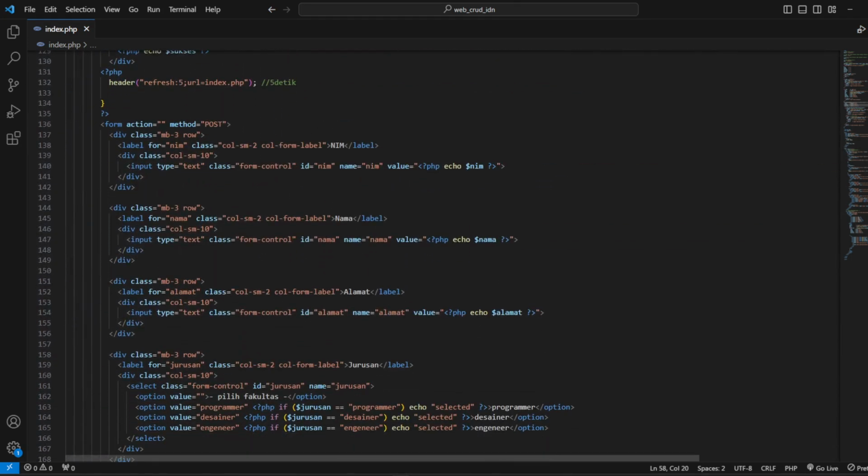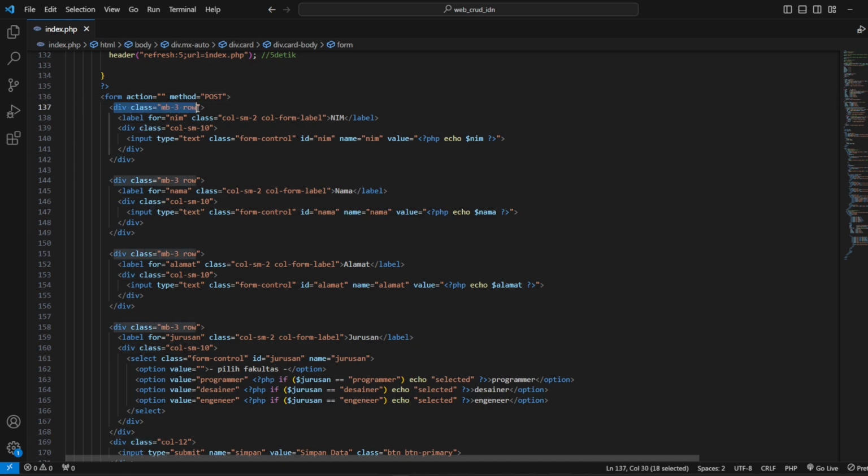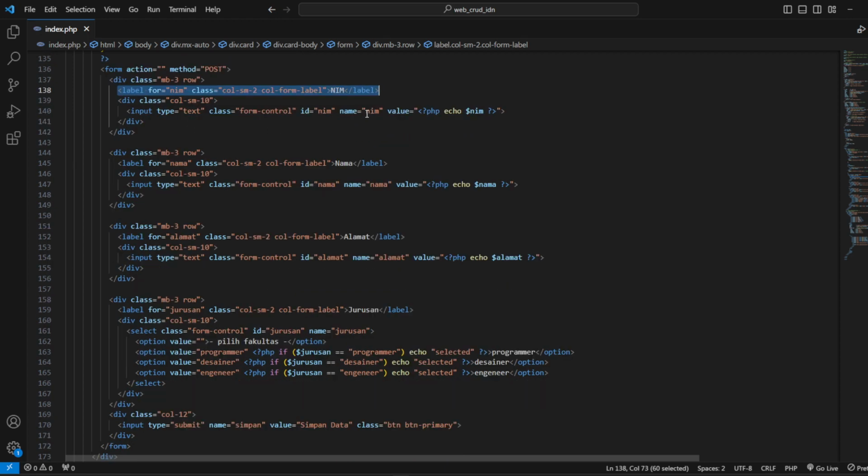So you can give this the method is post, obligation post, not get, because there are two methods, post and get. Okay, and this is the row and column for label, name, and then the input.